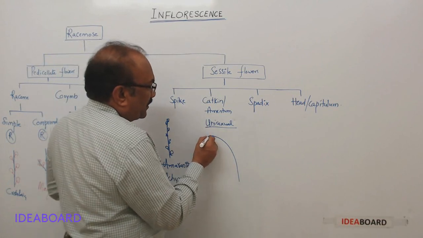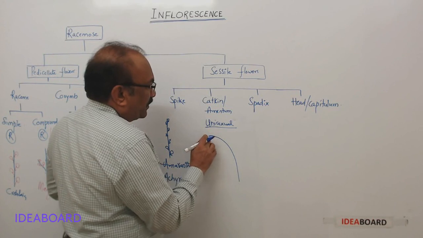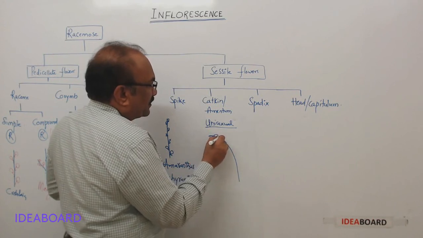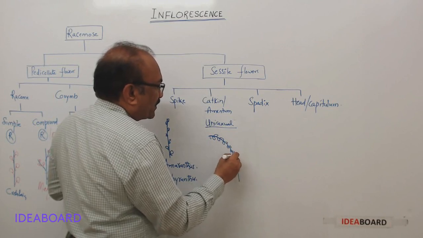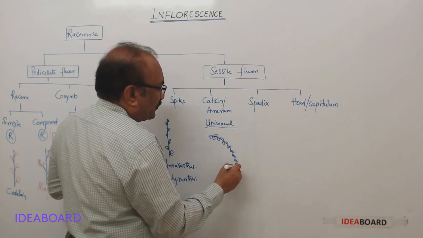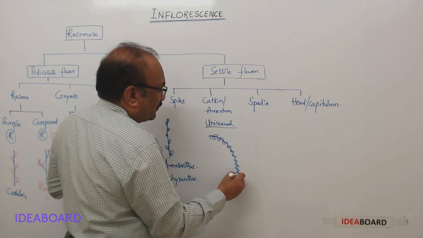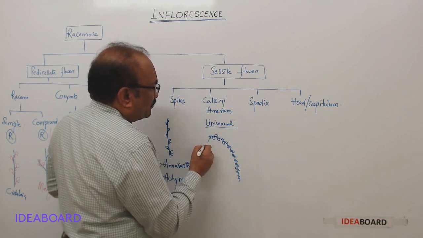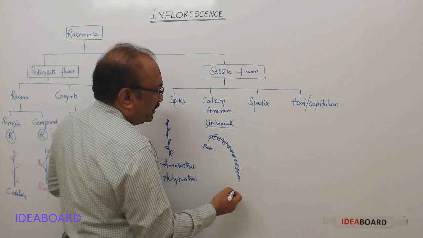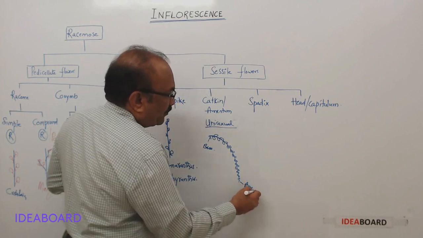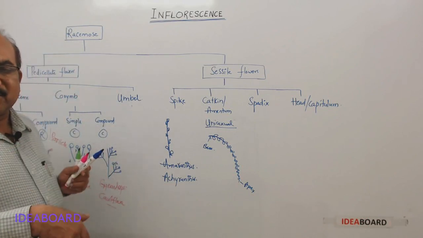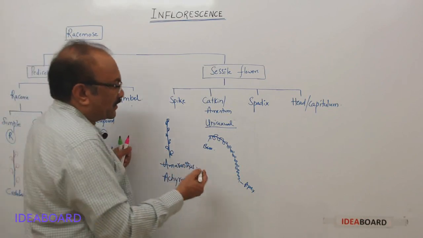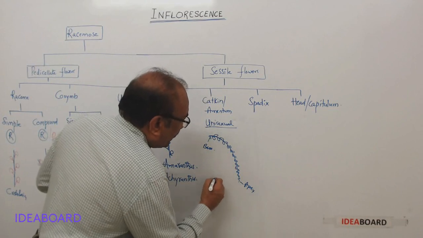Remember, this is the base of the peduncle, and the arrangement is the same, that is acropetalous arrangement. So this is the base of the peduncle, and this is the apex. Because it is weak, it is hanging downwards. And the example for this is Acalypha,